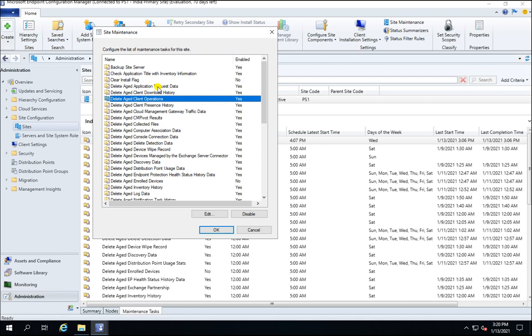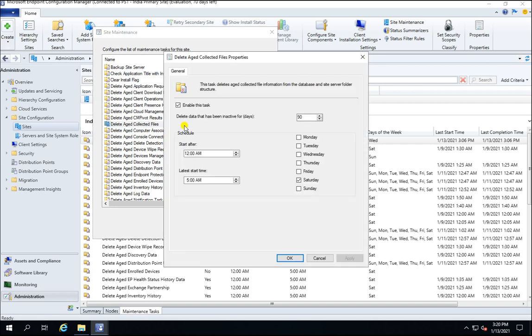So let me go through some of the majorly used ones in SCCM. Like Delete Aged Collected Files. When SCCM is collecting files from the database, this task deletes the aged collected files from the database and the site server folder structure.